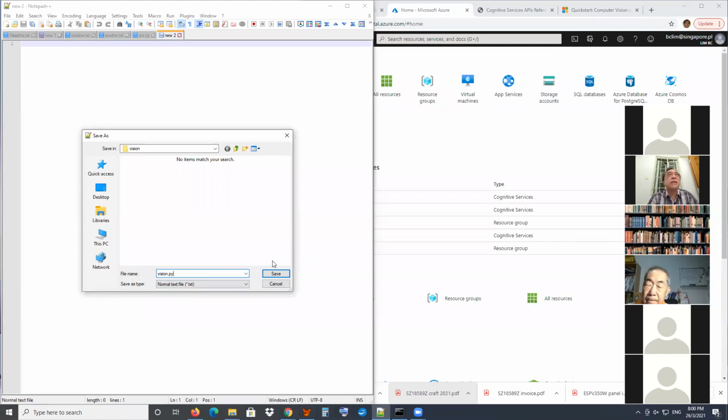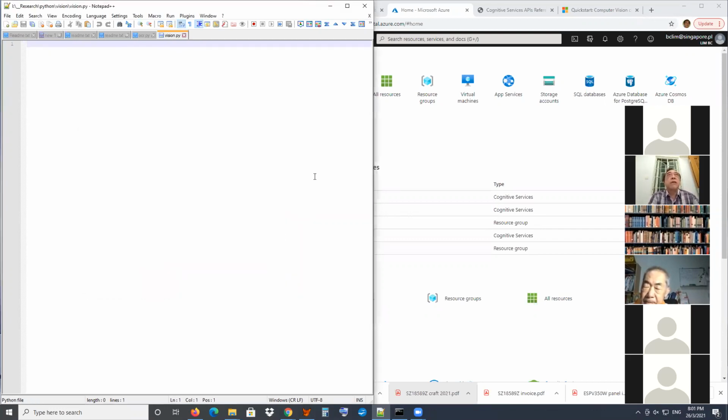There are other supporting languages. If you understand programming, you can write in other languages that are not documented by Microsoft. You just translate the equivalent command, then it will work already. So I save it. I call the name vision.py, Python. Okay, how to start? So what I do is